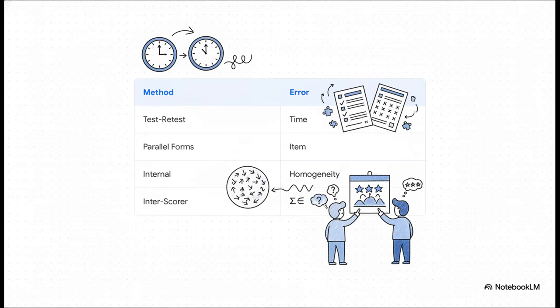If we want to know if the simple passage of time is causing an error, we use test-retest reliability, literally giving the exact same test twice. If we're worried that one version of a test might be harder than another, we use parallel forms to measure item sampling error. We check internal consistency to make sure all the items on a test are actually measuring the same concept. We often do this using something called Cronbach's alpha, which is basically just a mathematical check to ensure all the questions are pulling in the exact same direction. And perhaps most importantly, for tests requiring subjective human judgment, like a job interview or a psychological evaluation, we absolutely have to rely on interscore reliability to ensure two independent judges would give you the exact same score.